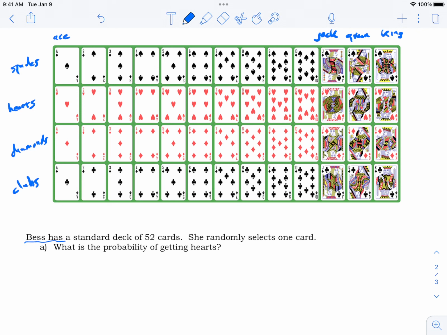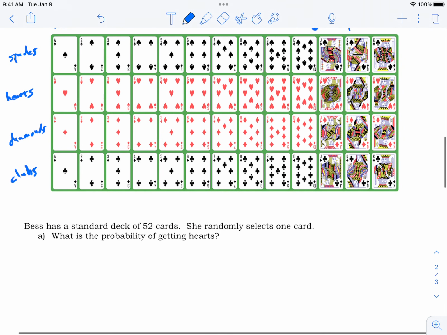So Bess has a standard deck of 52 cards. And she randomly grabs a card. So blindly, maybe shuffles the deck or whatever, and blindly grabs a card. Let's see what we got here. Probability of getting hearts. Well,